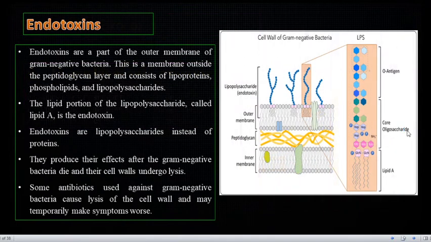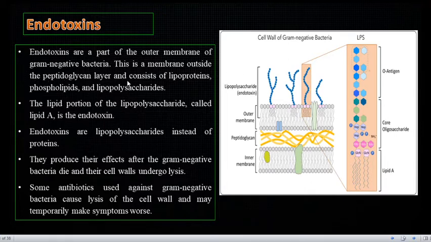Okay, so contradicting what I said in the first video, meron pala tayo, nasali pala siya sa course pack. So, ayan, meron ding endotoxins. Okay, this is another type of toxin that is produced by your microorganisms. So, your endotoxins are a part of the outer membrane of gram-negative bacteria, meaning your endotoxins are only produced by gram-negative bacteria. Okay? So, this is a membrane outside